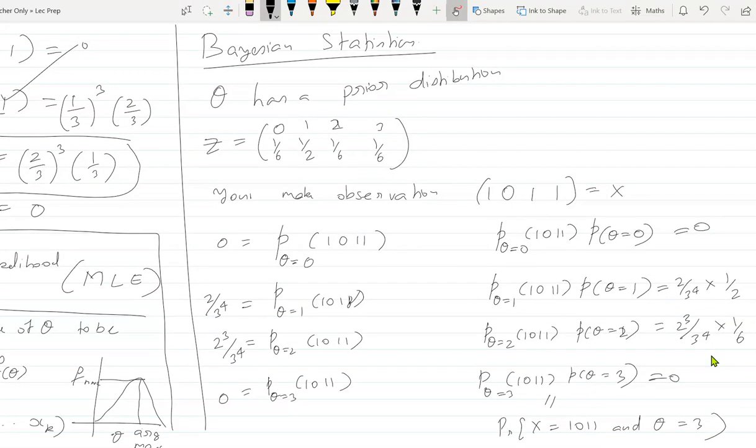I think it would be 1, because its value is maximum compared to the others. Its value is maximum here, but you also made an observation. You need to take that into account also. So it will still be 2. If you take both into consideration, it will still be 2. In this case, it is still 2.